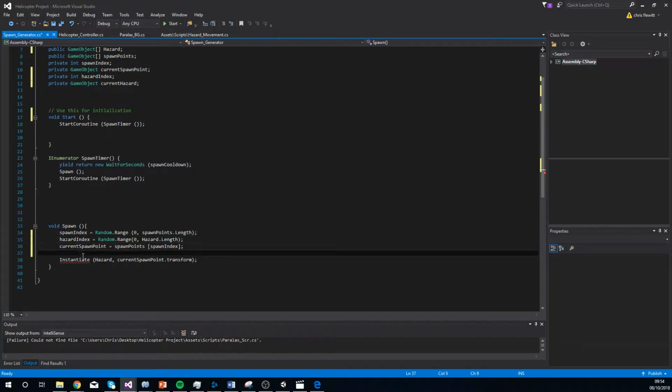And then underneath we are going to set up current hazard equals hazard, and then in square brackets hazard index,